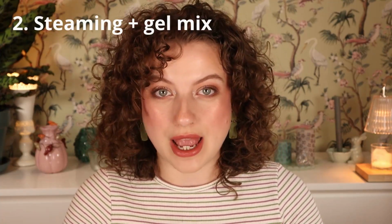So if you want a little bit more impact, I can imagine you want maybe to add a little bit more hold. Sometimes you just feel that your hair is a little frizzy, it just feels a little slippy and slidey. You just feel like you need a little bit more for the curls to be able to form and stay again. You want to make them last a little longer and you want to reduce that frizz. So what you can do is mix a little bit of your curl gel,